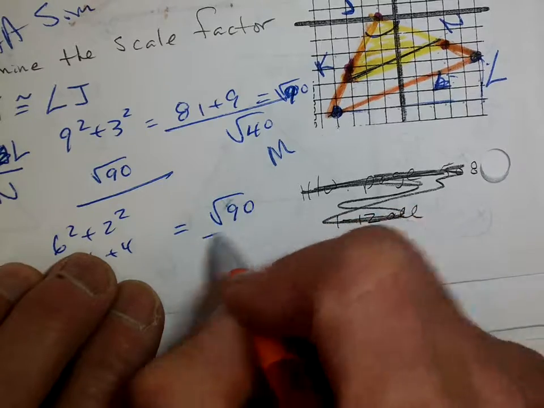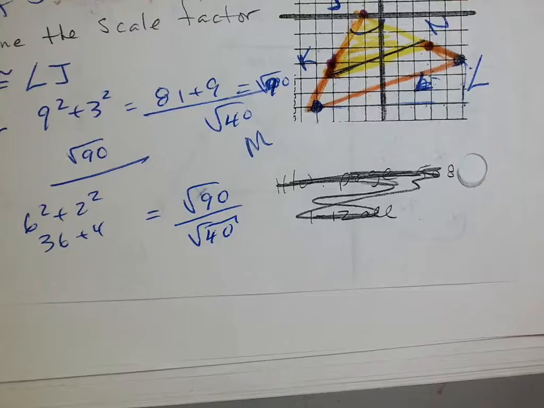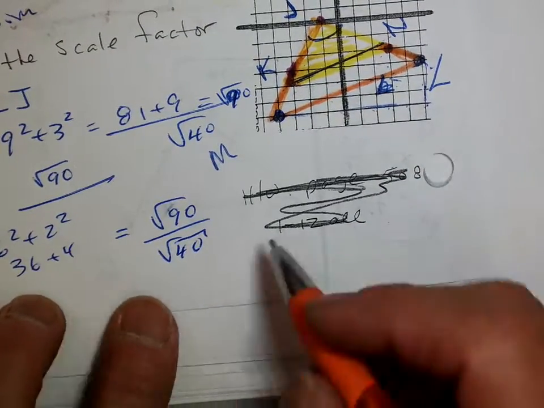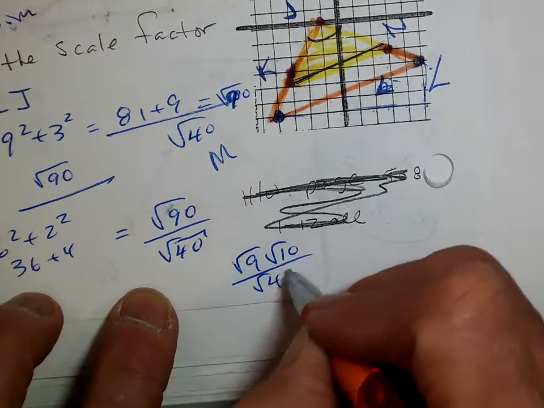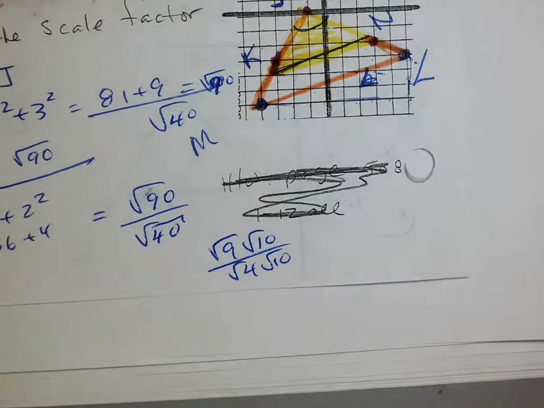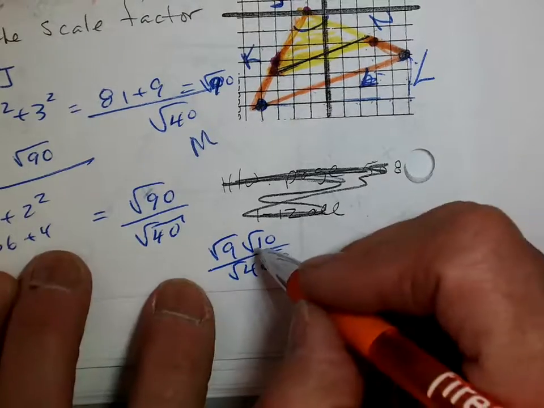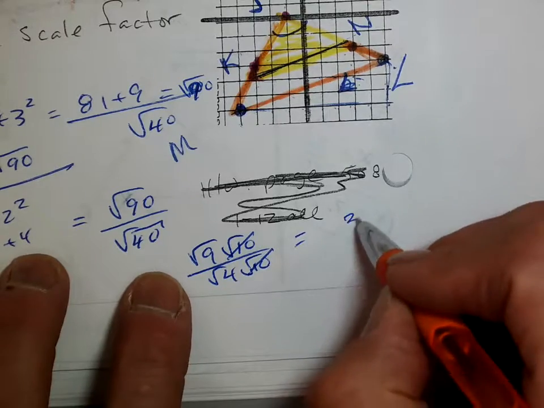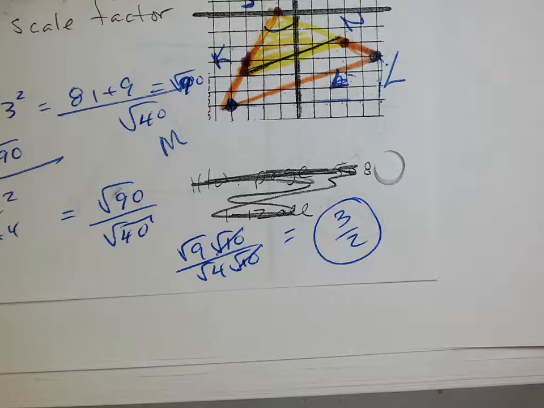Square root of 90 over square root of 40, okay? Which is the same thing as the square root of 9 times the square root of 10 over the square root of 4 times the square root of 10. I'm going to cancel the 10s. You okay with that? Square root of 10, square root of 10. What's my scale factor? 3 over 2. Ah, there. That's a lot of work. Yeah, so one hard question on the test is okay. Okay, now,